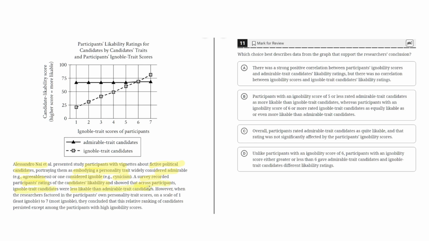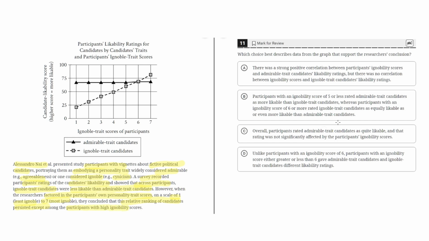than admirable trait candidates. However, when the researchers factored in participants' own personality trait scores on a scale of 1, least ignoble, to 7, most ignoble, they concluded that this relative ranking of candidates persisted except among the participants with